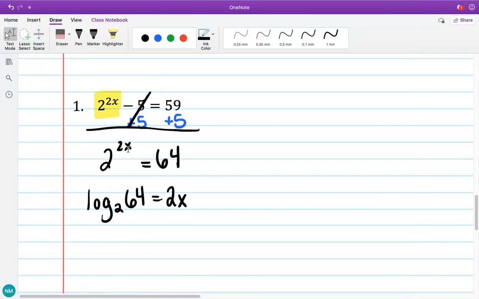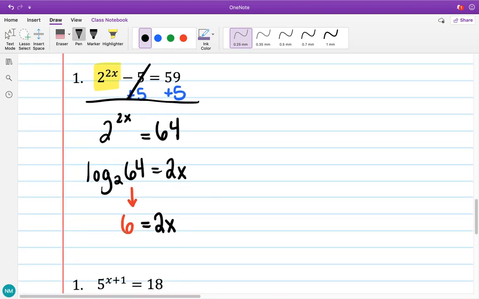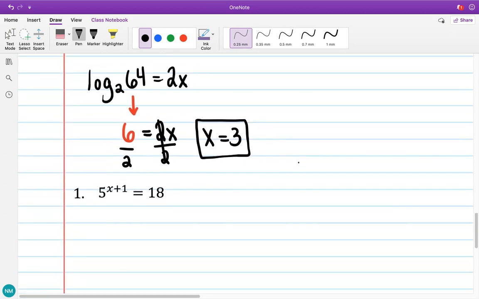So I know log base 2 of 64 is the same thing as saying 6. So 6 equals 2x. And so if 6 equals 2x, I divide by 2. And so I get x equals 3. This one you do not have to technically check because there's no logarithms in the original problem, so there's no restriction on our domain. Okay, next is,